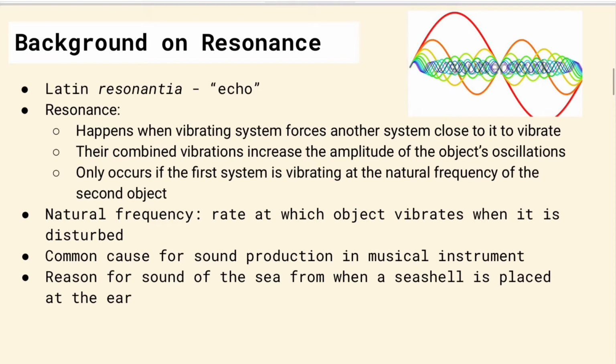Resonance comes from a Latin word resonantia, which means echo. Resonance phenomena happens when a vibrating system forces another system close to it to vibrate. The combined vibrations increase the amplitude of the object's oscillations, and the phenomenon only occurs if the first system is vibrating at the natural frequency of the second object, which means that if they vibrate at different frequencies, the resonance will not occur. Coming back to the natural frequency explanation, it is the rate at which an object vibrates